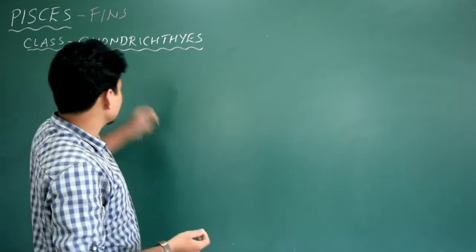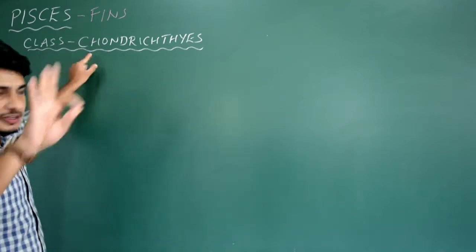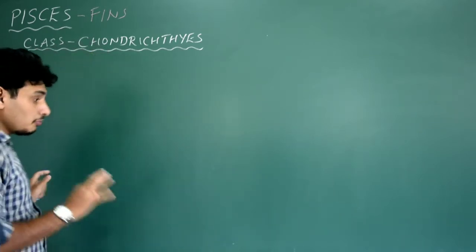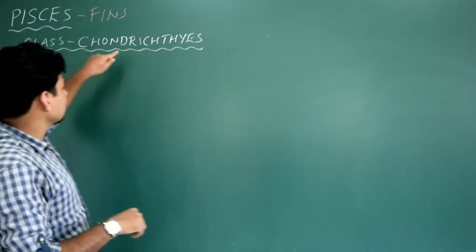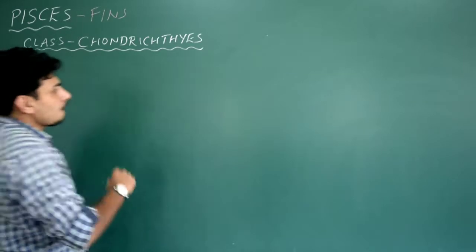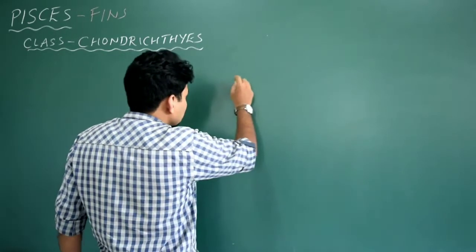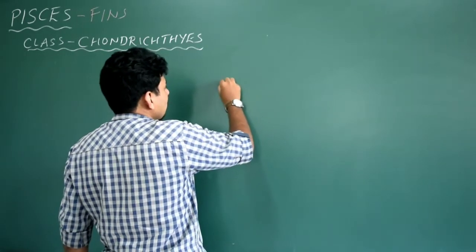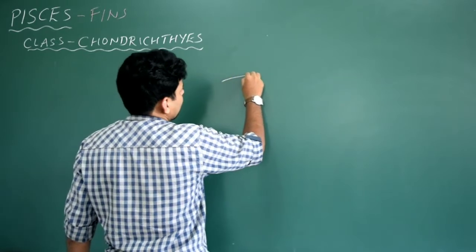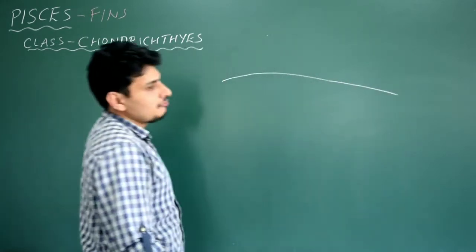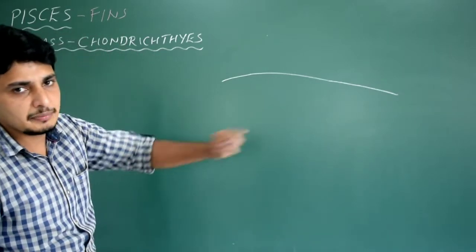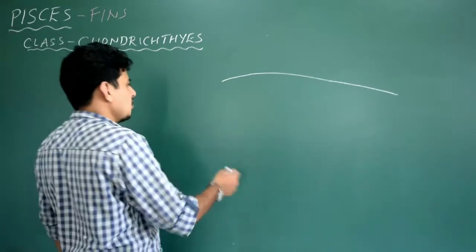What we learn is about chondrichthyes. Now we are going to study chondrichthyes. Very important. For that we have to draw the diagram of the fishes which belong to the class chondrichthyes. What I am going to do is draw the diagram of a chondrichthyes, that is starfish. See the body. The body of all fishes is streamlined like a boat. Yes, that is common, right?